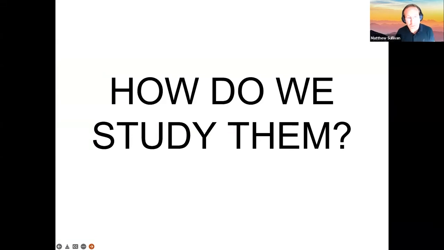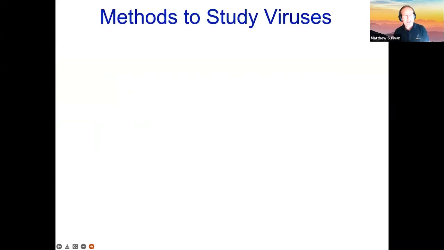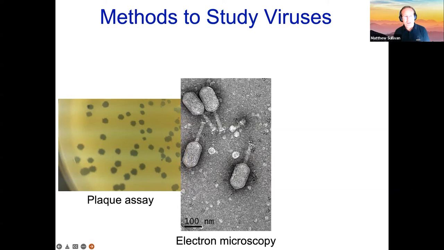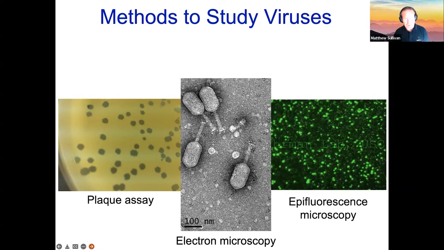And so when I entered the field, here's how we studied viruses. First, you could use a culture of interest. If you could grow it in a lawn, which is tough for a lot of marine microbes, you could get plaques. These clearings are where a single virus infected a cell, lytically burst and produced more viruses that infected follow-on cells. So these clearings are viruses that have infected cells in this more turbid lawn. You could look at viral particles by electron microscopy, or you could look at them by epifluorescence microscopy.